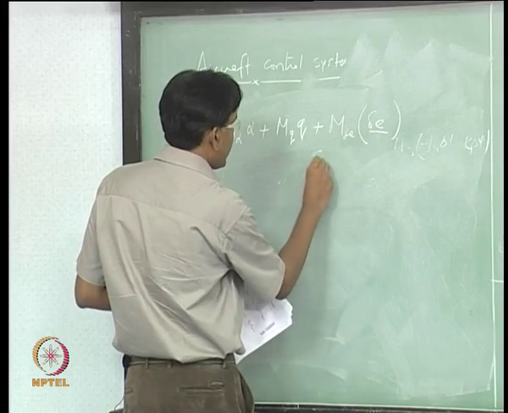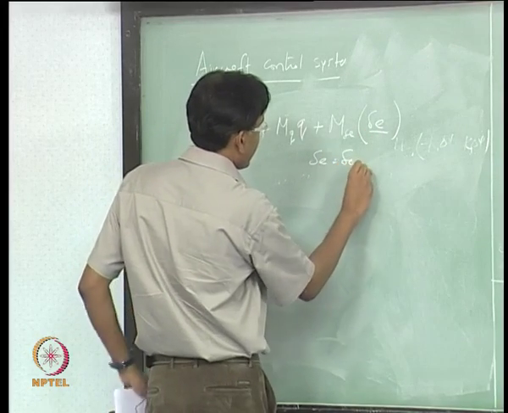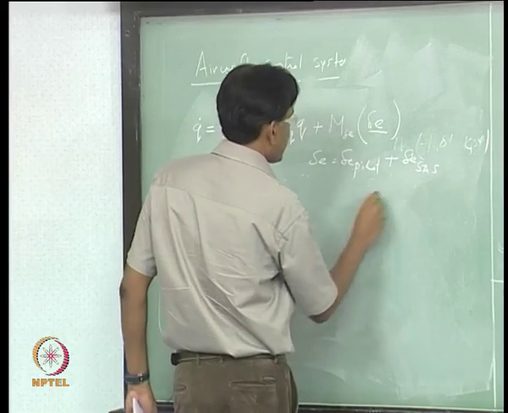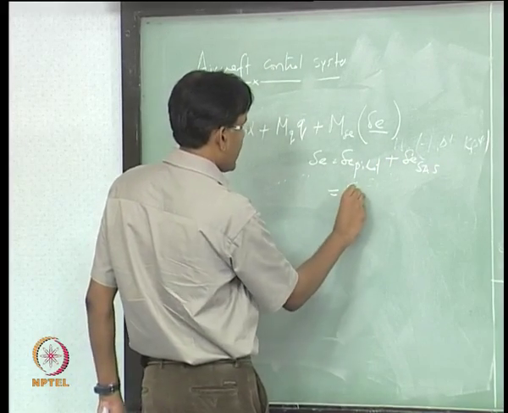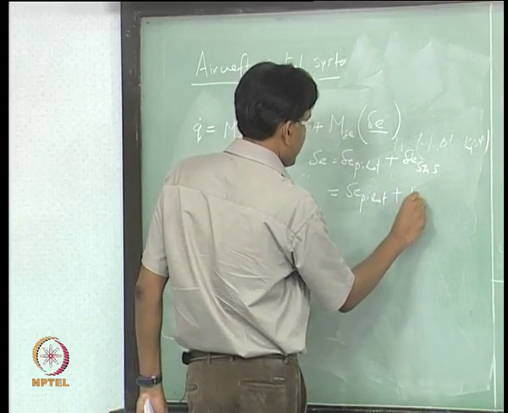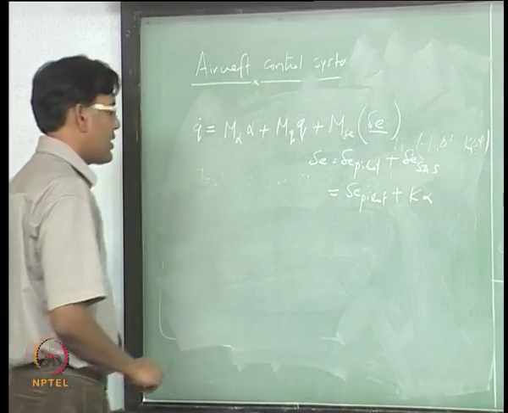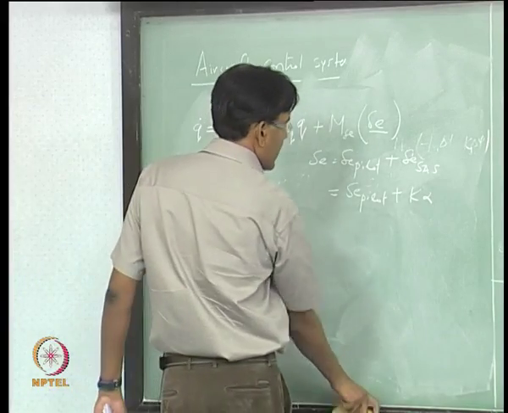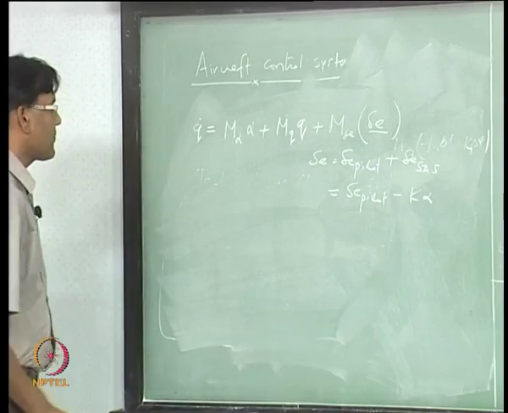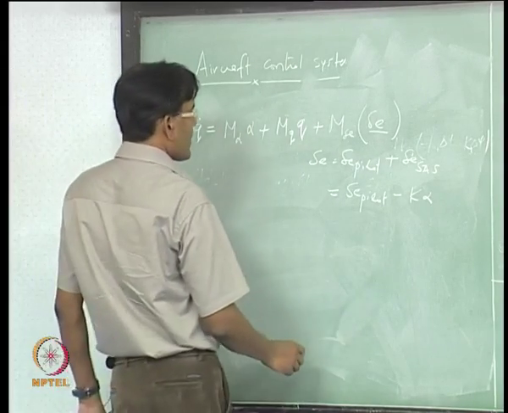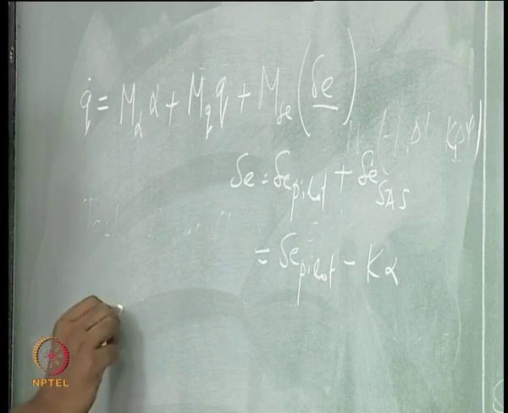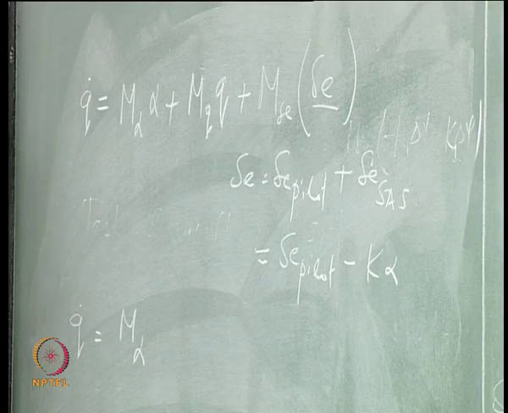So, this delta E here is delta E pilot plus delta E stability augmentation system, which is also delta E pilot minus k alpha. So, what it does is it modifies